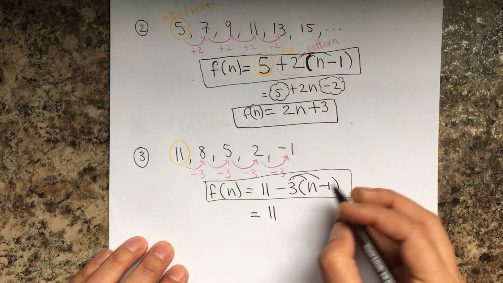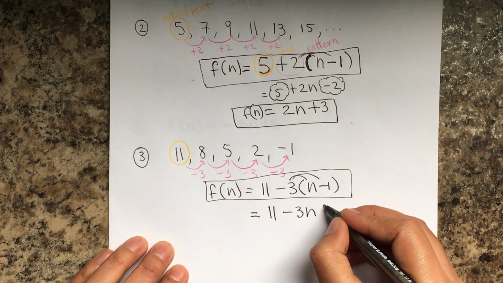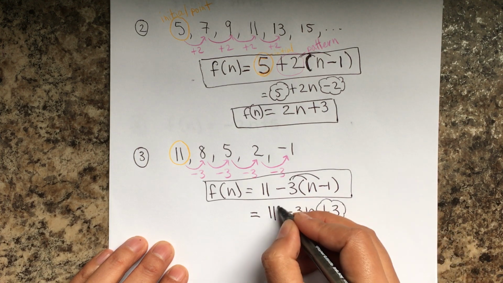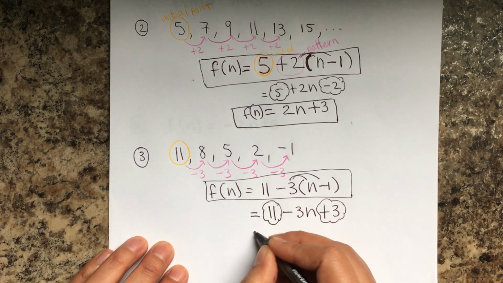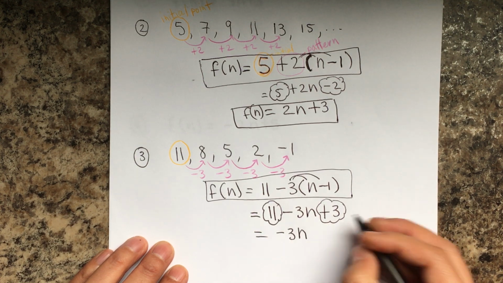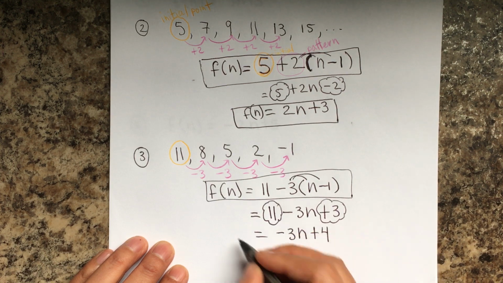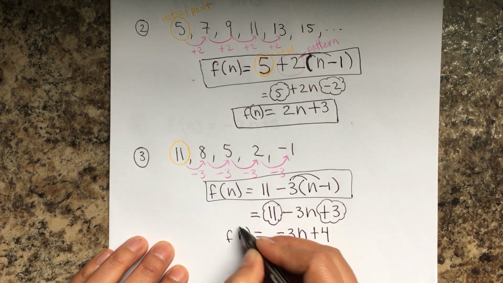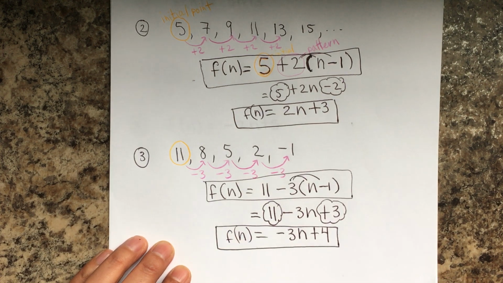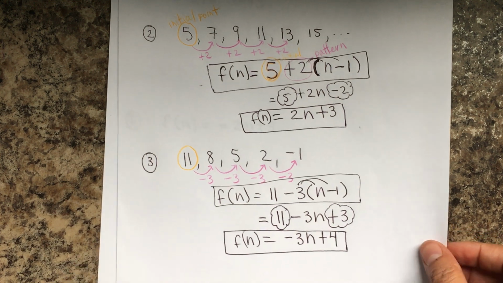11, -3 times n is -3n. -3 times -1 is +3. We combine like terms, and so this is equals to -3n. 11 plus 3 is 14. So this is the formula, the explicit formula being simplified. Okay, let's do